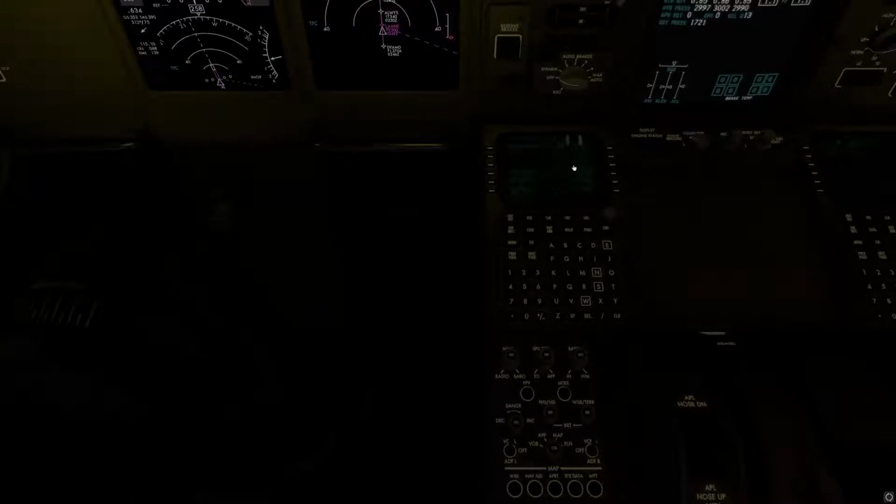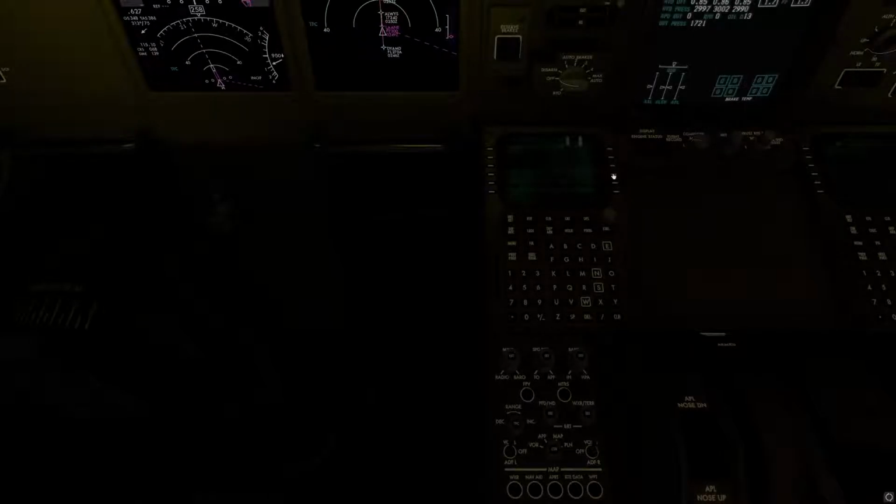Simply by clicking and selecting the 30 flaps, 140 VREF, inputting it in here, not only does that calculate, but ILS 28 left is already, the frequency is already there for you at